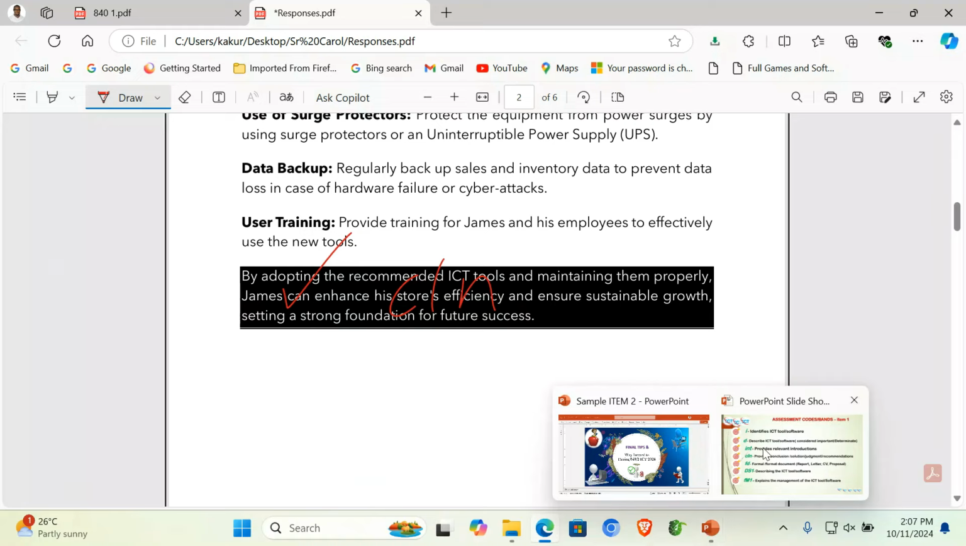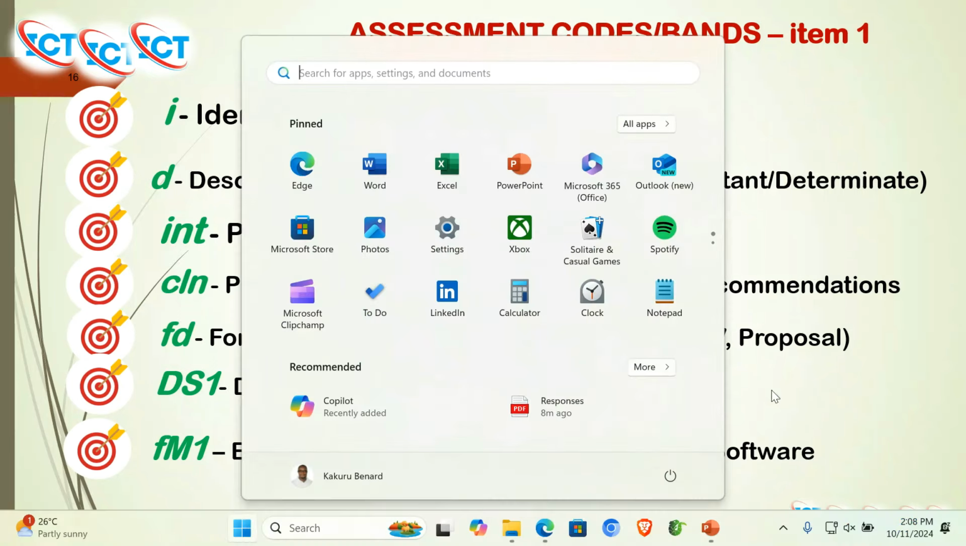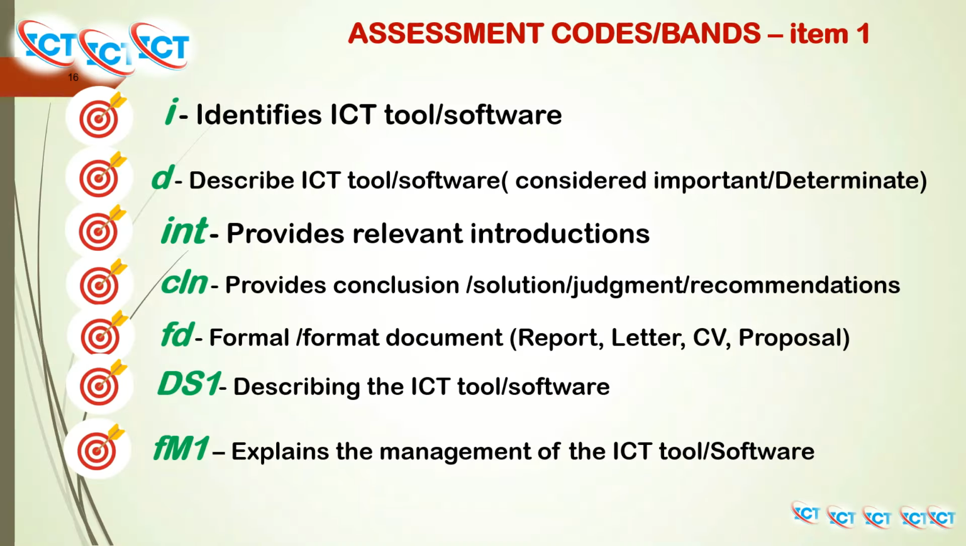Then note that another assessment band or code is the format of the document. It can be a report, it can be a letter, it can be a CV, it can be a proposal. So here we shall look at the format of your document. It can be a 1 mark there or etc. But those are your assessment codes or bands. Then when we see you describing the ICT tool, we can put a D or DS for describing a software or a tool. Then if you have